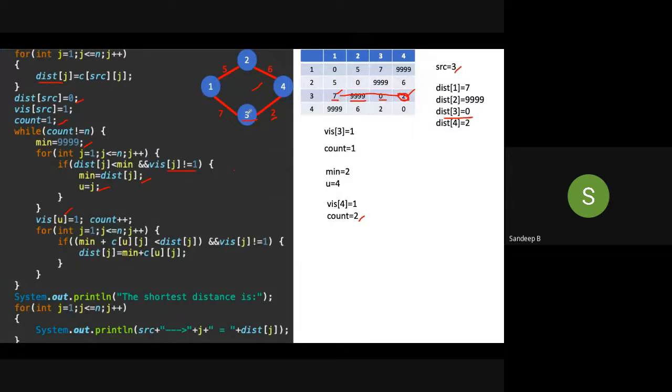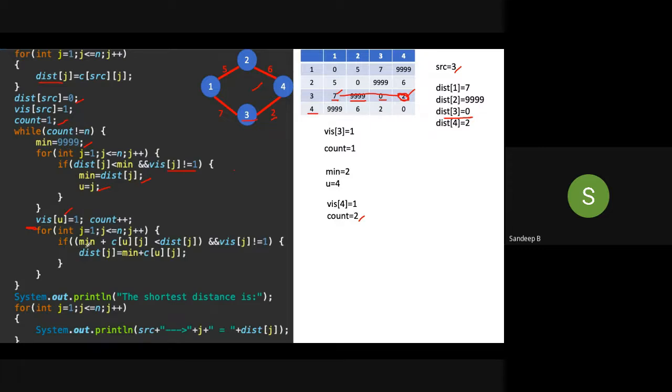We know the direct distance between 3 to 1 and 3 to 2. It will try to check from 4, can you reach these two vertices with least cost. So that check is performed here, in this for loop. For int j is equal to 1, j less than or equal to n, j plus plus. Again, 4 times it will check. But this time, with respect to vertex 4, it will check. So it will compare these 4 values of row 4 with the row 3 values.